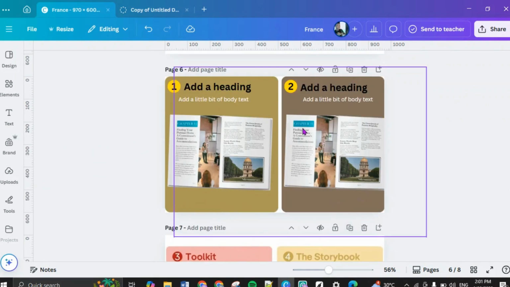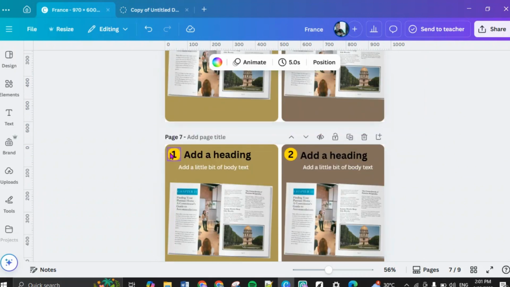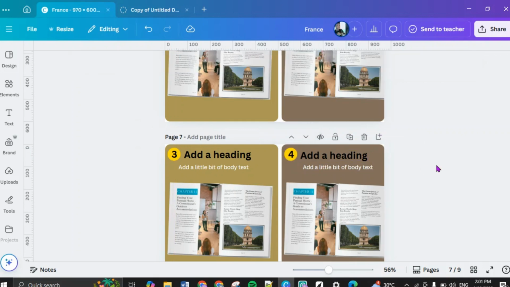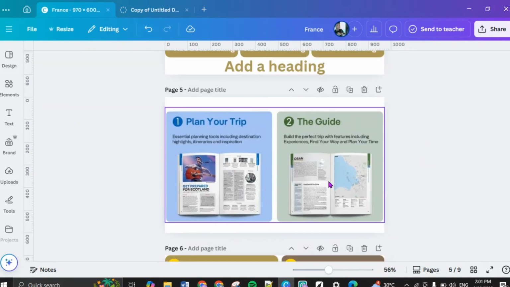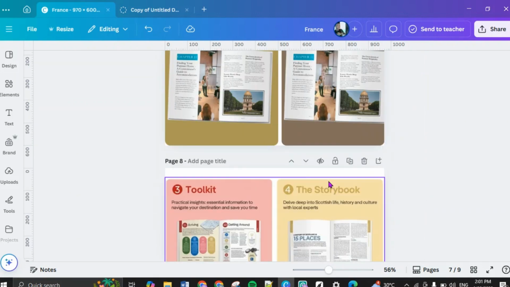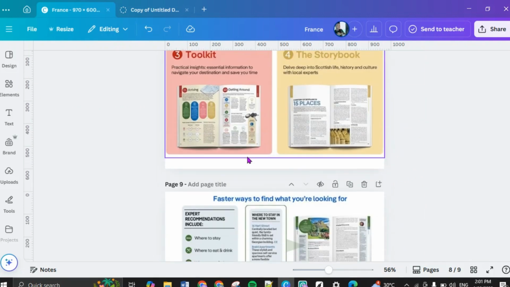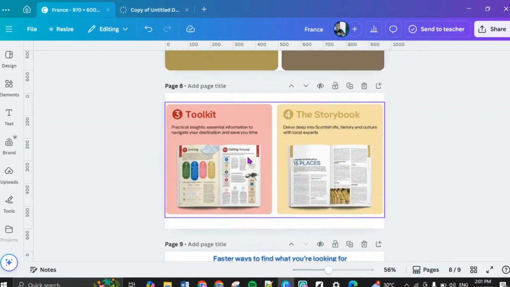If you duplicate this one, you can make it 3 and 4. You can decide to give each of them different colors according to your taste or according to what you like. And then the last one,